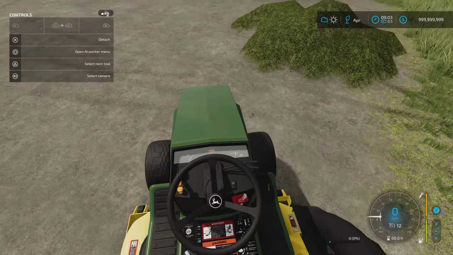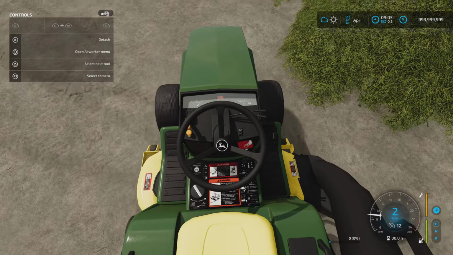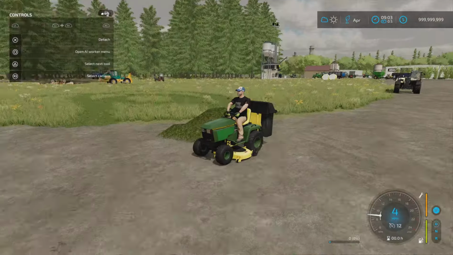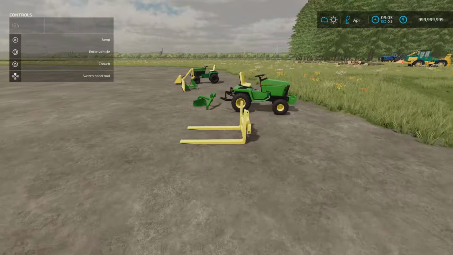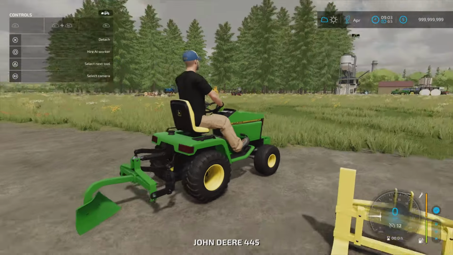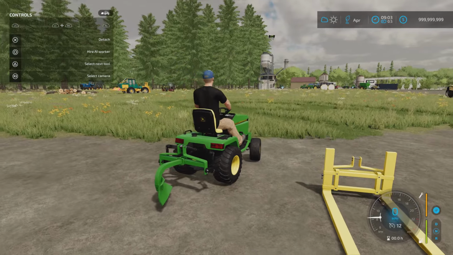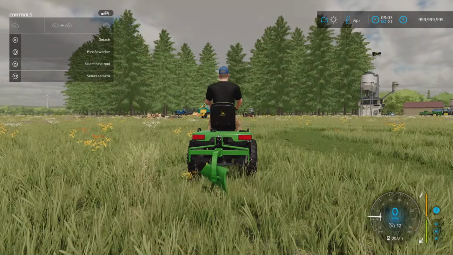First person, horn. I do like all the detailing down there. That is pretty cool. Lights. Engine off. So we go to this one. We've got a front weight on this one, a 3-point in the back. We put the plough on. It will plough. We can create fields. So if I allow create fields and drop that down,